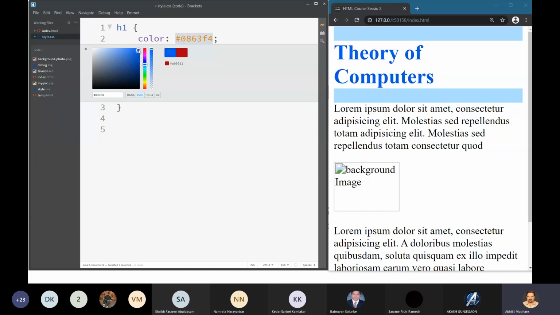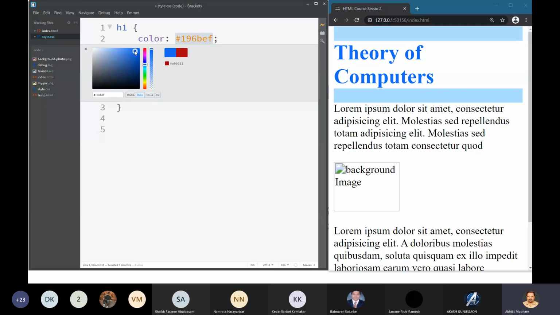Now there is one separate session dedicated to colors because it is an art, right? I will also teach you different guidelines and professional practices that we normally follow when we choose the color. I will have a separate 1.5 hour session and several exercises, so you will be comfortable with choosing the color. Don't worry about it. Just simply understand what I am doing.